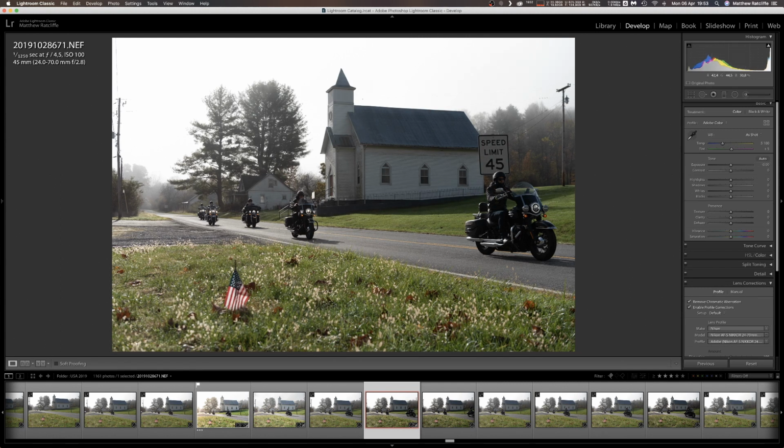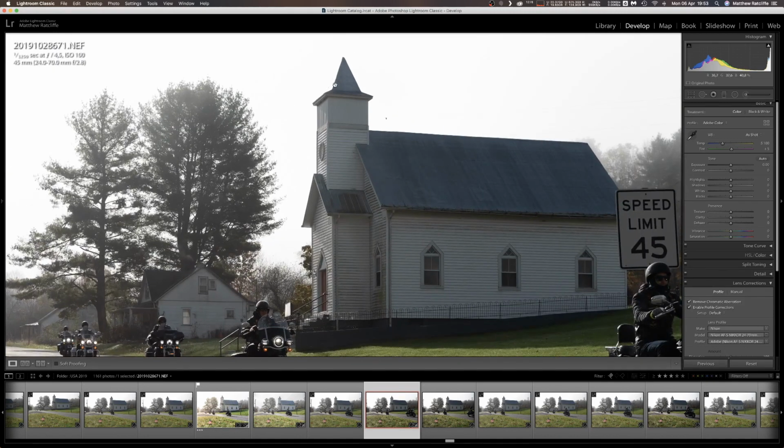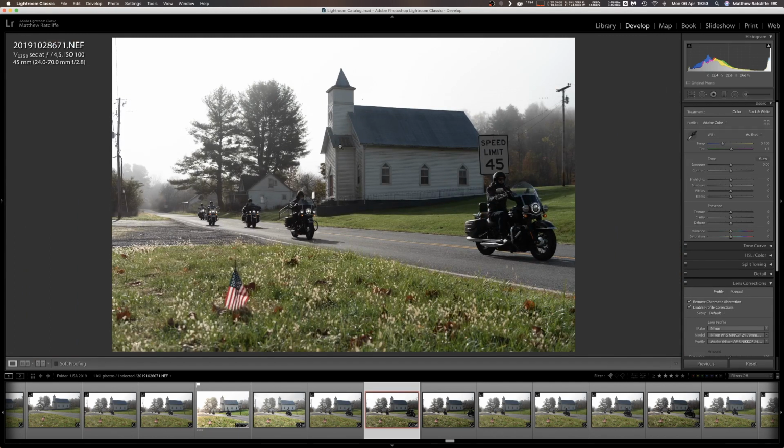These are obviously quite tricky conditions to take photos in because the mist is very bright and the bikes are very dark. So I try to keep data available for me to use in post-production in the bikes, but also keep data available in the sky or on a building up here. And you'll see on the roof there's actually some data for me to work with in the future. With this being a light editor, I'm not going to get too into depth with this. So what I'm going to do is I'm just going to